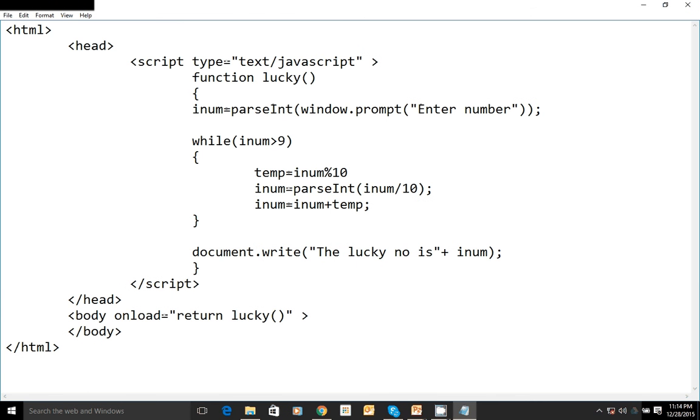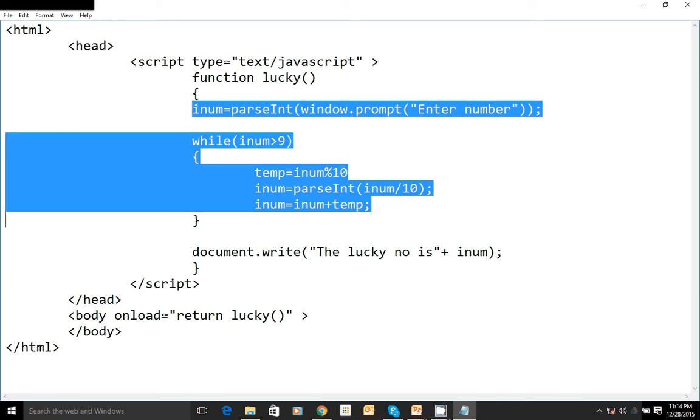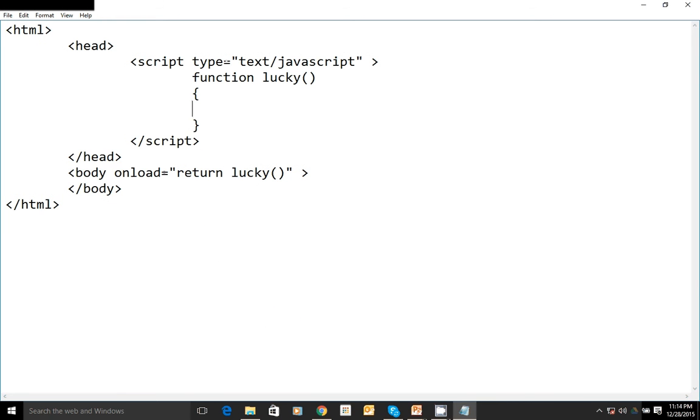And now in this I just want to use arrays. For that we write var array equal to, within the square brackets we specify the values, like CSC, ECE, triple E, mechanical, IT. Like that we can assign the values.